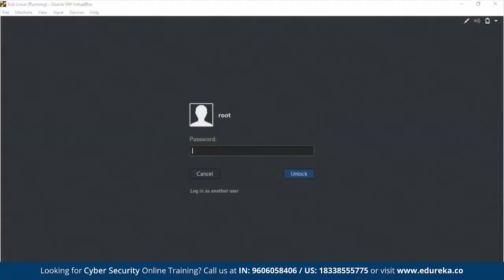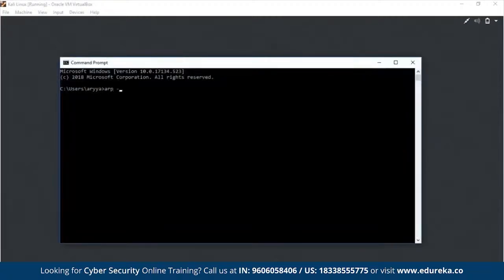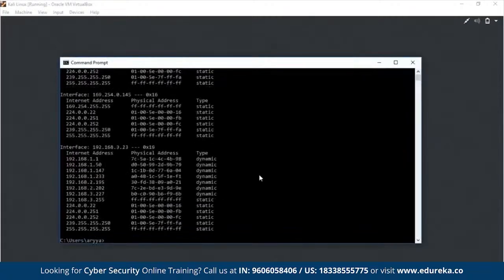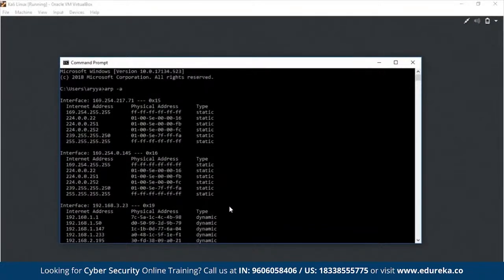Okay, so if I show you the ARP table of my Windows machine, on any machine that has the TCP/IP protocol suite installed, you will have this command called arp, and you give it -a, and now you see that your IP address or somebody else's IP address is mapped to a physical address. Now, the MAC address is very commonly used in the ARP protocol, and this is how you are identified on a network.